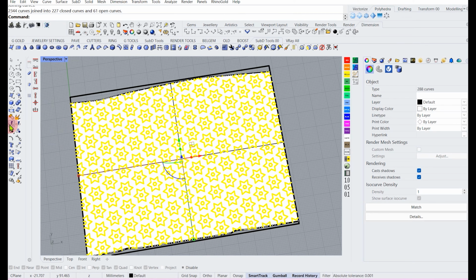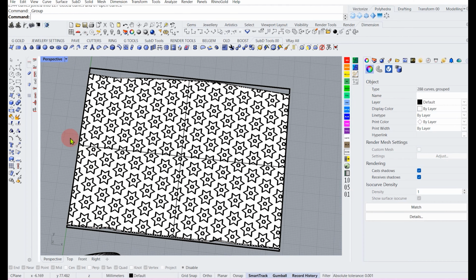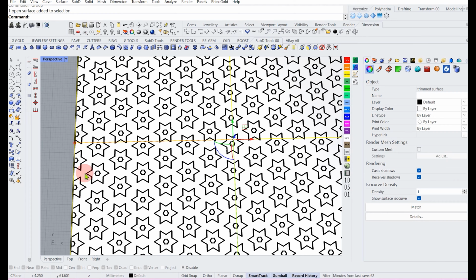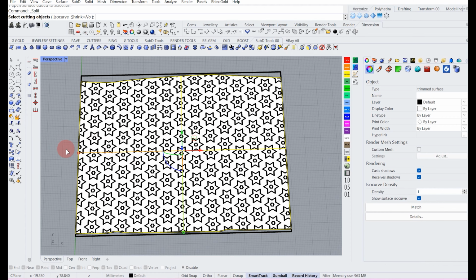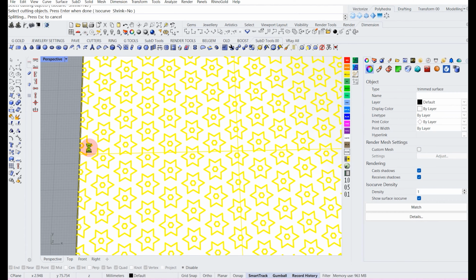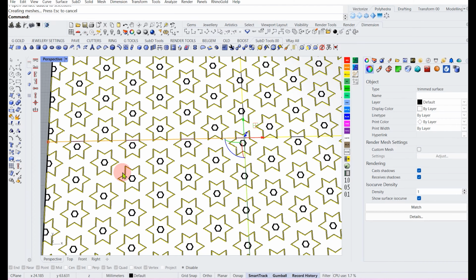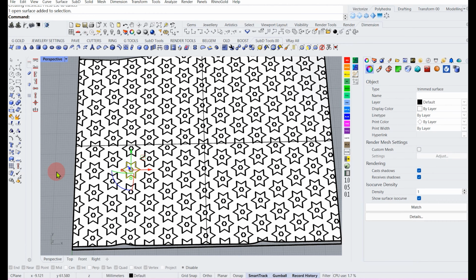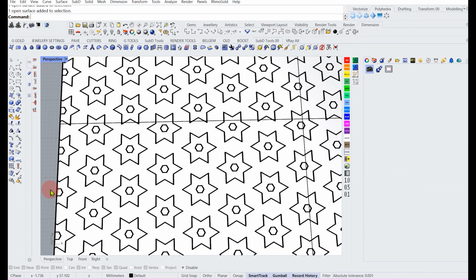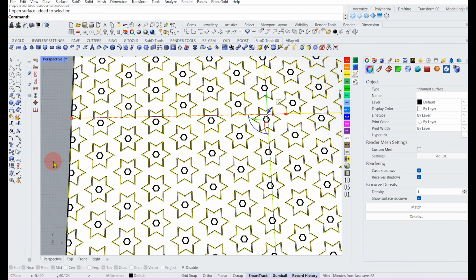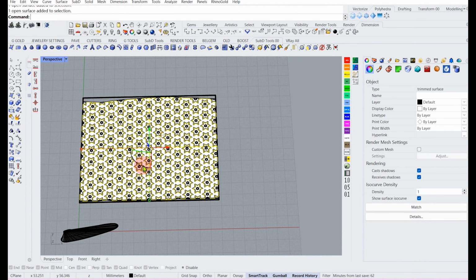Join and group them. Now I split the surface with the curves. As you can see, the split surface resulted in so many open surfaces. But I'm going to